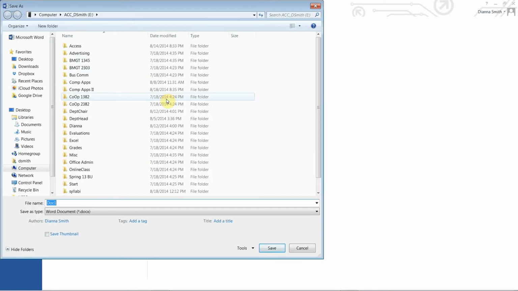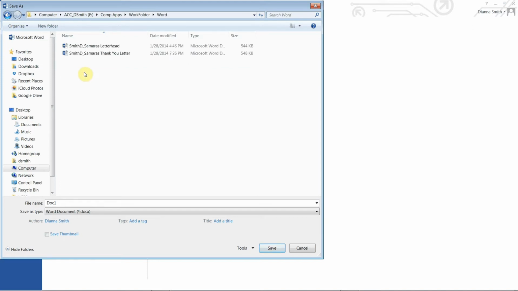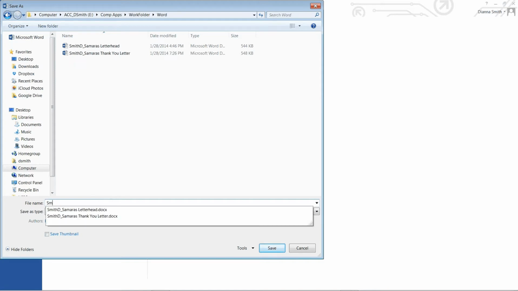You need to navigate to wherever you are saving all of the work for this class. And it is always smart to go ahead and create a folder just for your Word work. And I've made a folder named Word. From there you're going to save this as. You always want to name all your documents with your last name first. So for me that's Smith. So whatever your last name is and your first initial